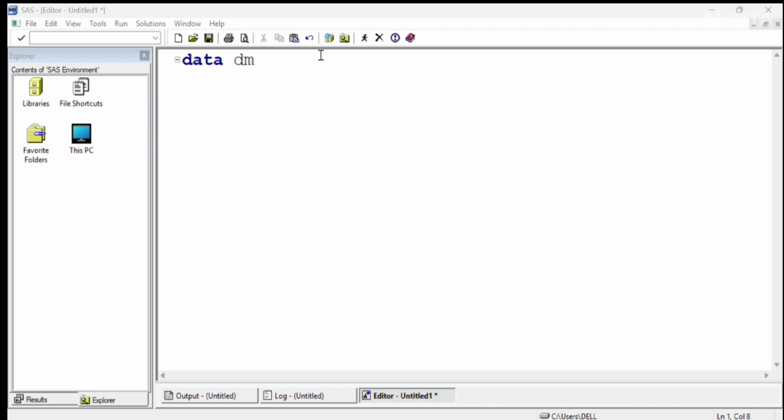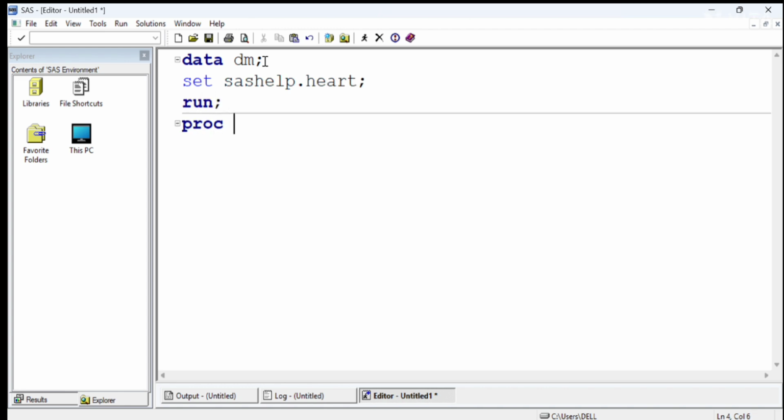And see here, now I'm going to explain line size. This is my data set, name is DM here. I'm writing set, which is used to copy the existing data set: set SAS help dot heart; run; then proc print data equals my data set name DM; run;